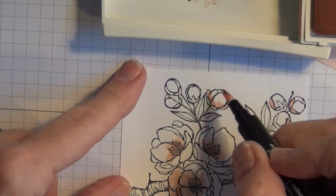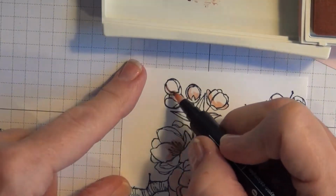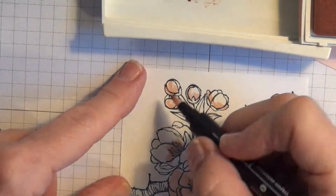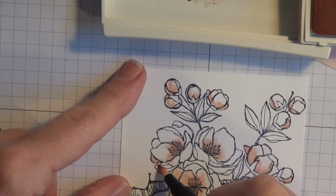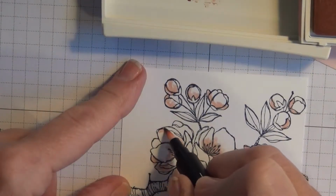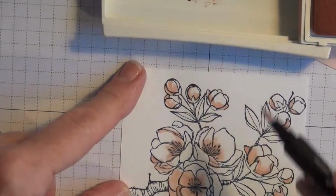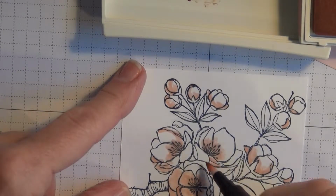And you can also leave some white space. It's always a good idea to do. Sometimes it's a little hard, especially when you are first creating. It's just a natural thing to try to color it all in, but just keep in mind that it will look really cool if you have some white space. You can always come back and add more of this, so I'm just going to stop here